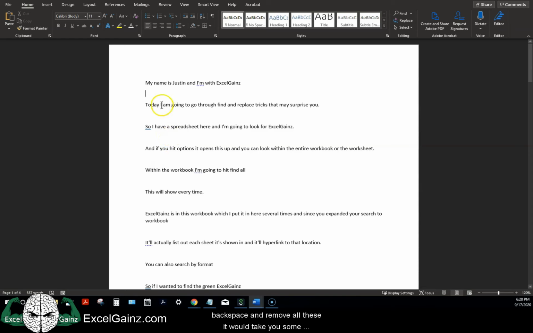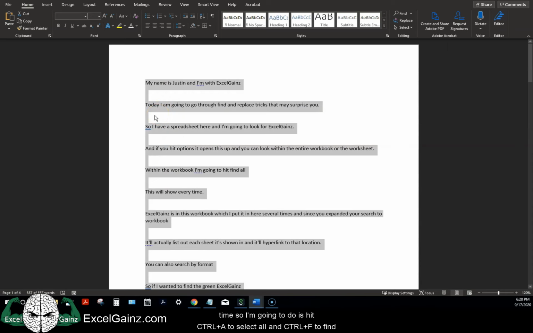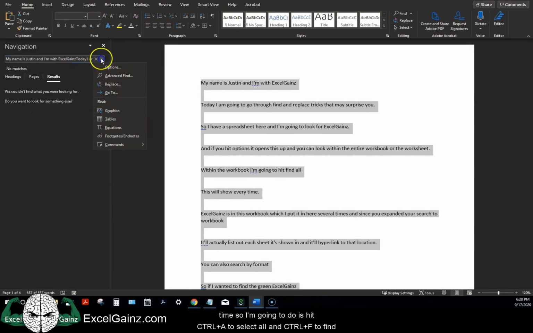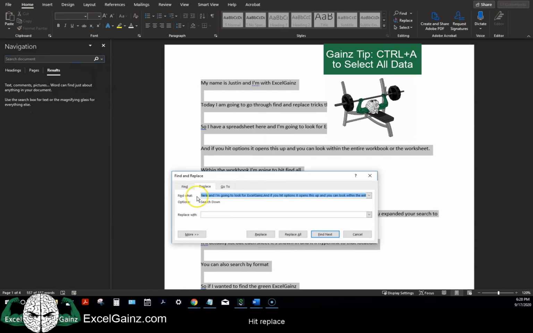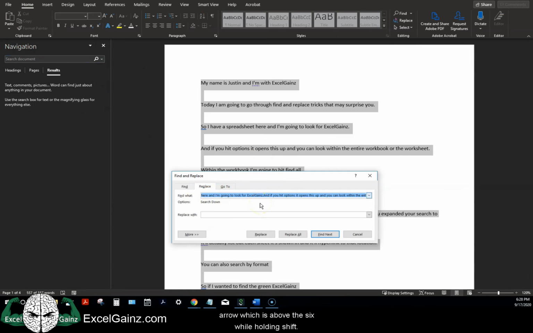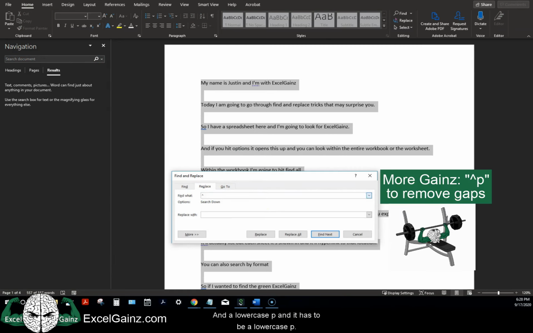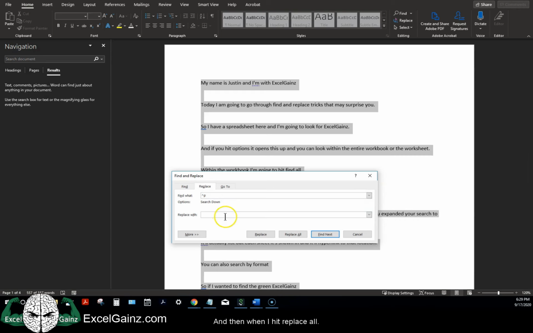So what I'm going to do is hit Control A to select all, and then Control F to find, hit replace, and in the find what section, I'm going to put an upper arrow, which is above the 6, while holding shift, and a lowercase p. It has to be a lowercase p. Don't ask me why. And then when I hit replace all,